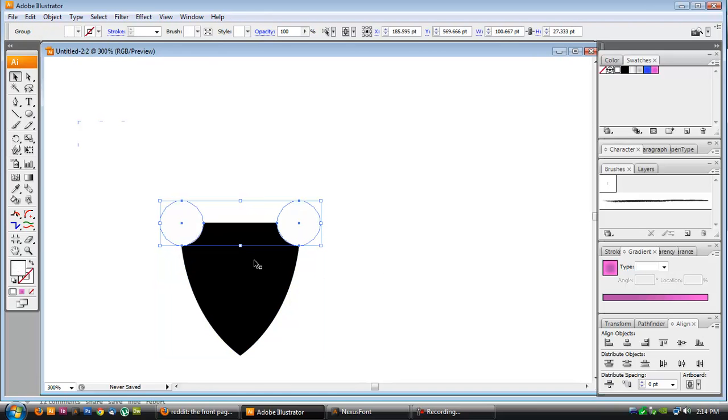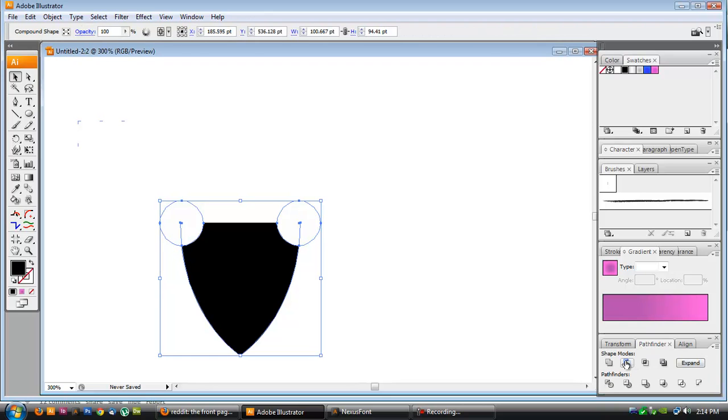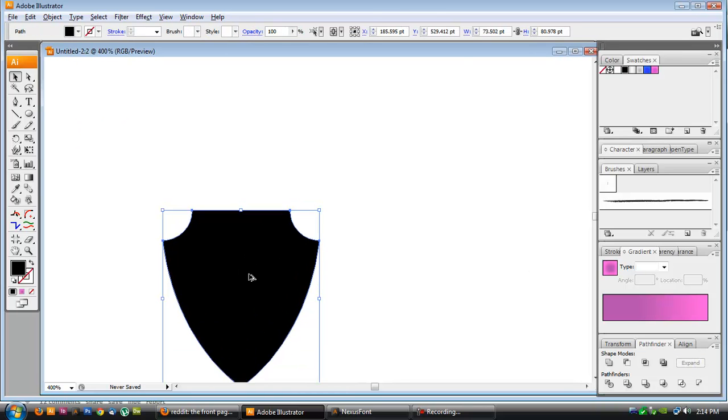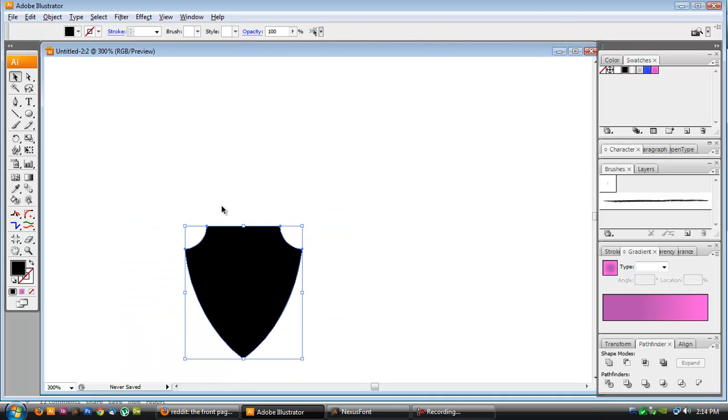So now we can take those grouped objects, select this below it, and remove it from there by using this one right here, which has the square being removed from the other square. I'm going to expand it, and now we have a simple shield shape. Now a way that we can add to this would be to create a circle,